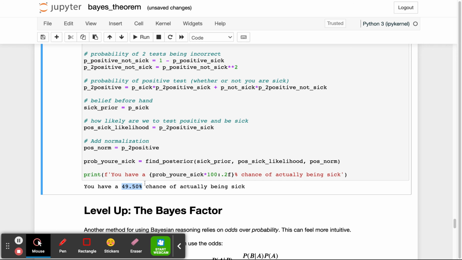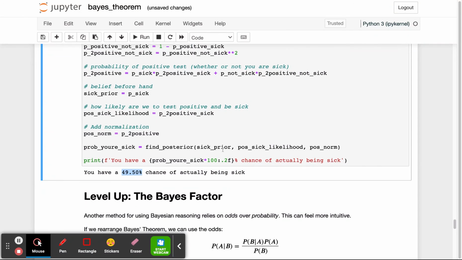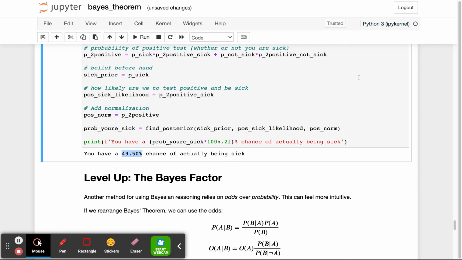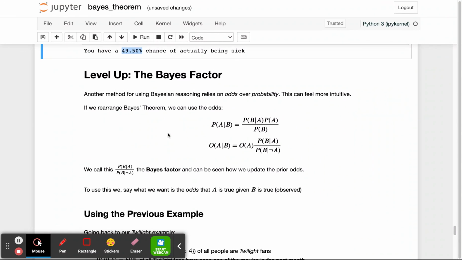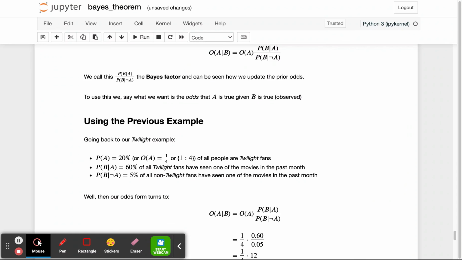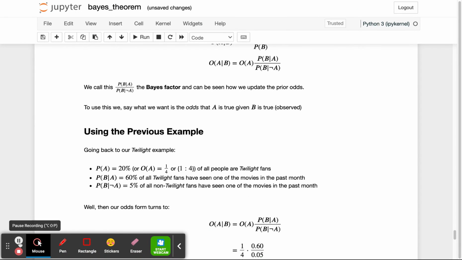It's almost 50%. So definitely, getting that second test showing positive has certainly increased the likelihood that we are sick. And so that is the idea of how we use the